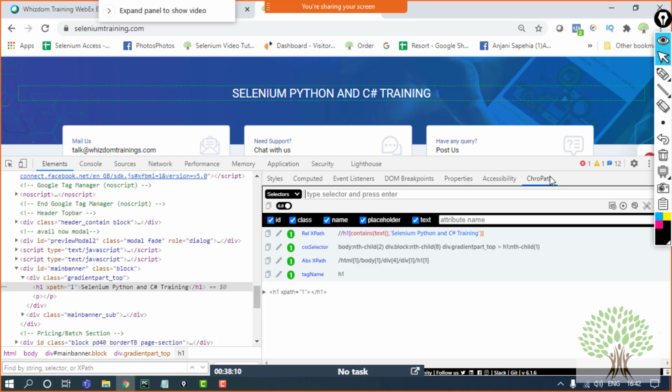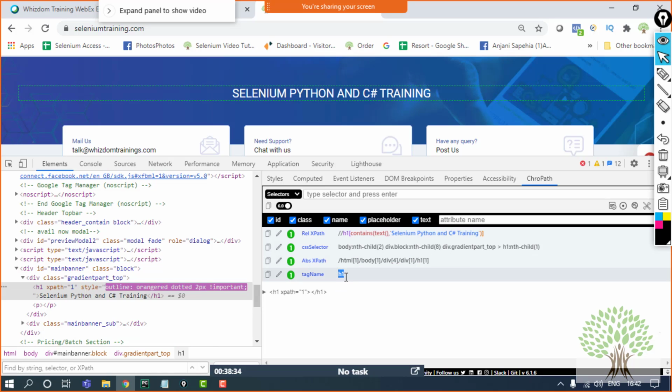Along with that, it also provides you the complete XPath and the partial XPath. So both of them are over here and the accuracy is very good. You can just use the XPath given over here directly as well. Like over here, you can see the relative XPath is given, and just below that we have the absolute XPath. The tag name of this element is given as H1.